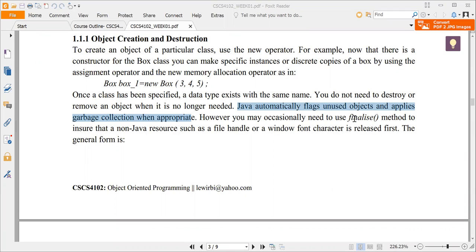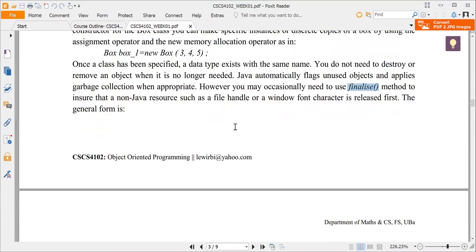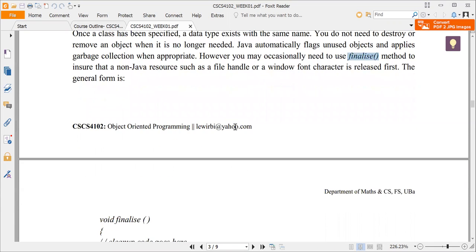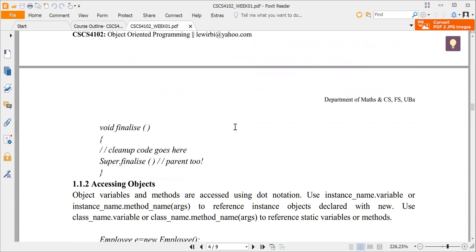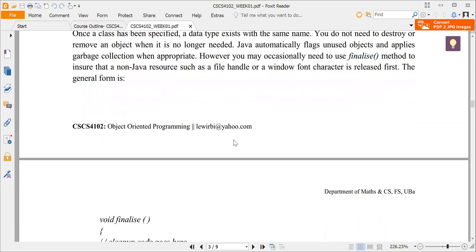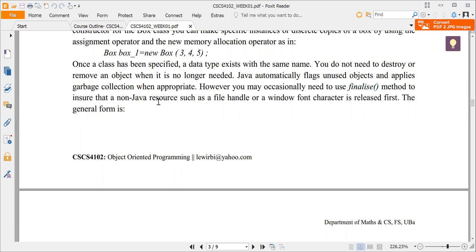But in any case, you can still use the method finalize in order to release your objects, because when you do that, you also release your memory and the computer resources. So when you do void finalize, it will finalize and free the resources for this object. But even if you don't do that, Java will automatically flag those unused objects